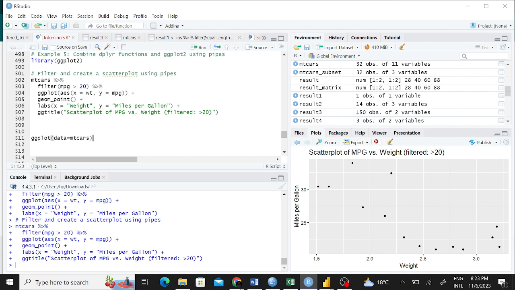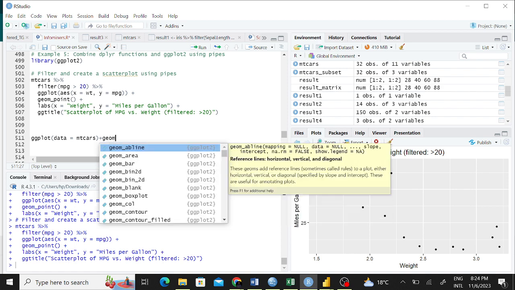But I also said you can even work without saying data is equaling to. But let me just use data is equaling to mtcars. Yeah. And then plus